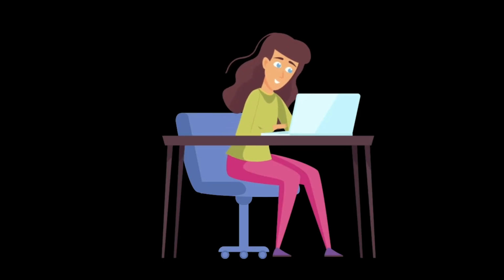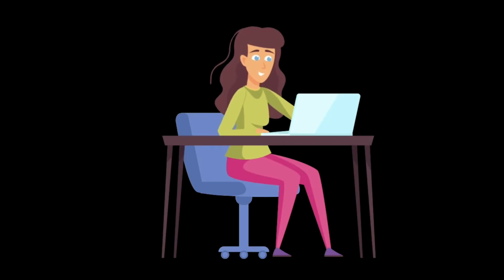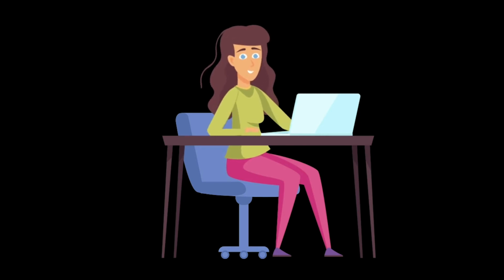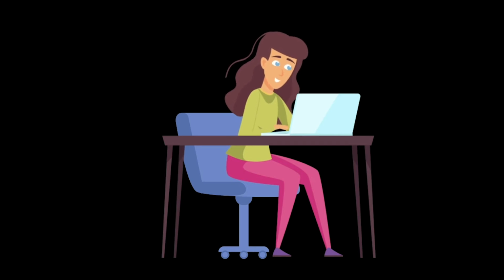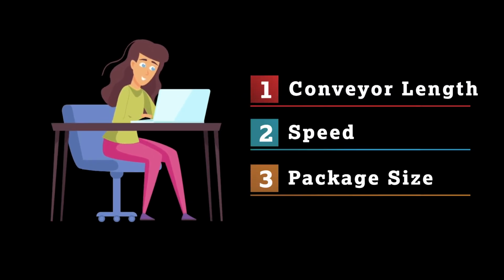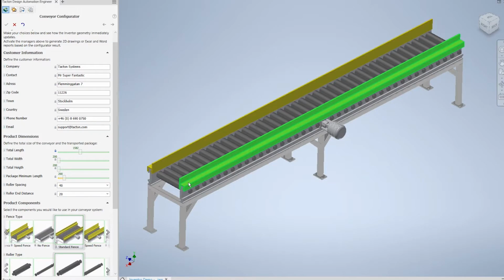Our product expert starts with identifying the common customization needs her customers typically ask for when buying the conveyor. In our case, length of the conveyor, speed, and package size. Changing the conveyor length will affect length of frames and fences, but also the number of rollers and the number of supporting legs. If no extra supporting legs are provided over a certain conveyor length, there is a risk that